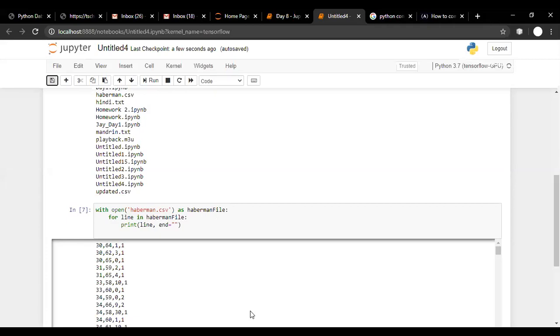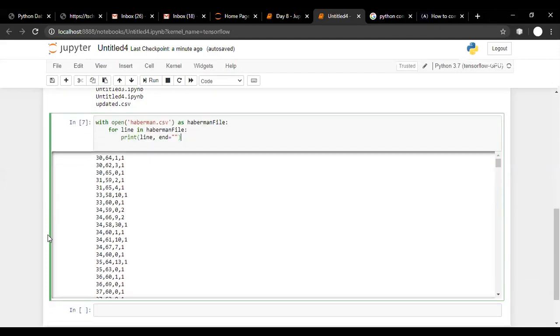Good. So now instead of printing the line, let us understand what this data set is. This data set is an old data set available on the UCI repository, from where you can download it, or you may have downloaded it also. This data consists of 4 columns: column 1, column 2, column 3, and column 4. This file is called a CSV file, that is a comma separated values file, because these 4 values are separated by commas.